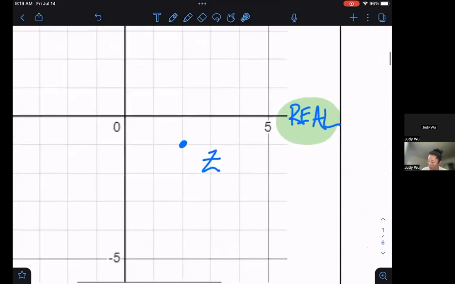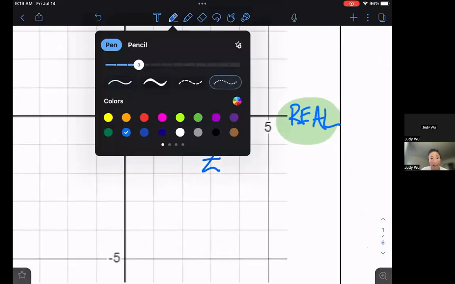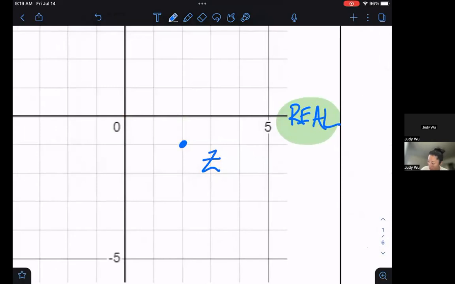I'm going to go ahead and zoom in here, and we're going to change to a dashed line. And if I wanted to find the distance from here to here, I might even imagine it as a horizontal situation and a vertical situation. And then the distance is really, is that a hypotenuse? It sure is, right? So we have this hypotenuse. We're trying to find the length of the hypotenuse is really what we're doing when we're finding the modulus, okay? So